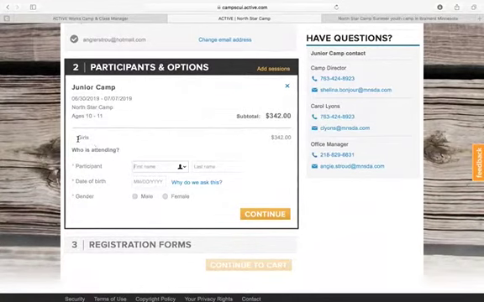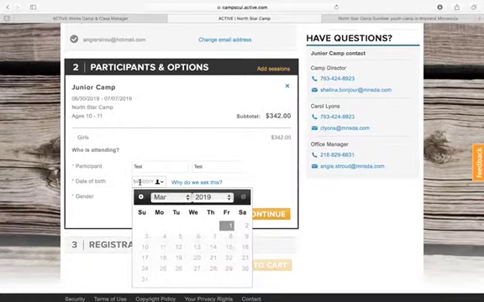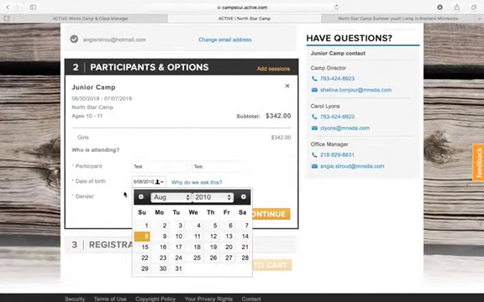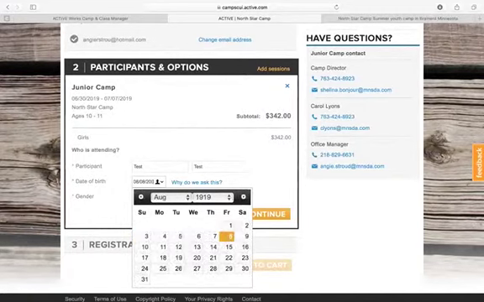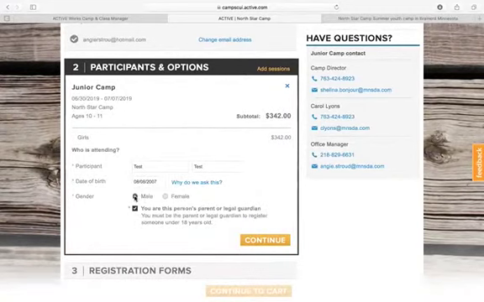So remember, this is the little girl that I'm registering for, so we're just gonna put some test information there, but make sure to put your child's actual birthday and name. We're just going to do a fake one for this one. Let's see, junior camp. There we go. Oop, we're doing female, and then this box checked is to verify that you are the child's